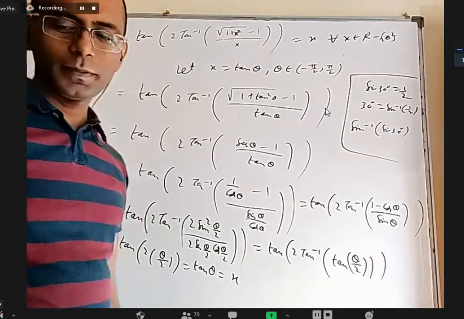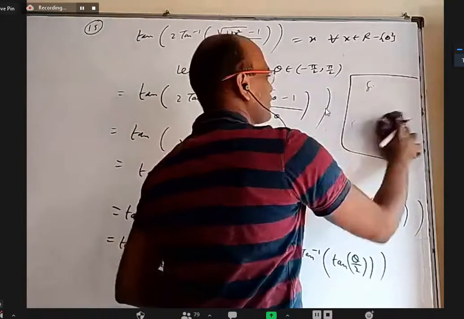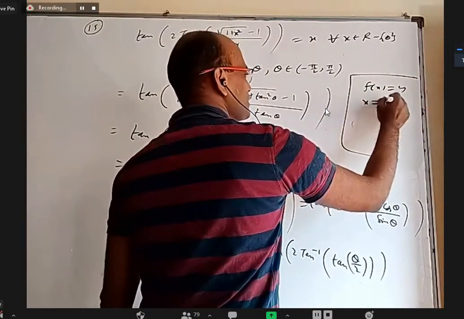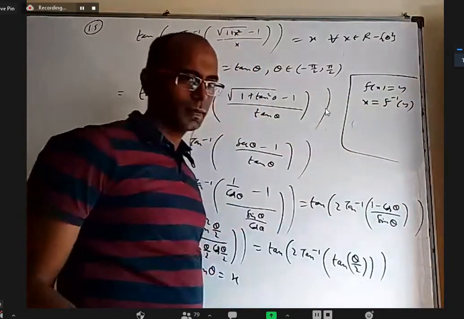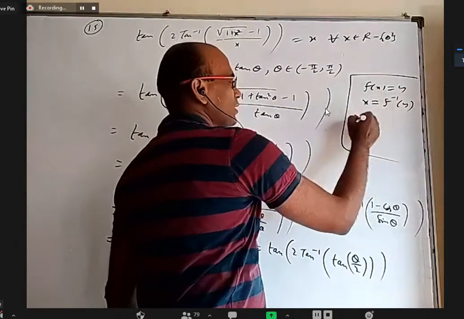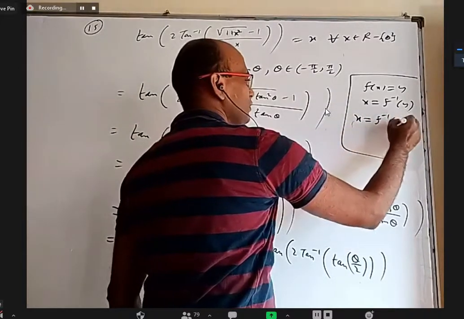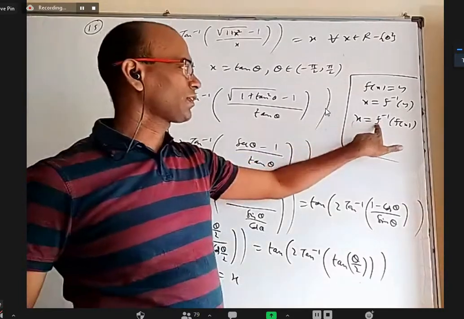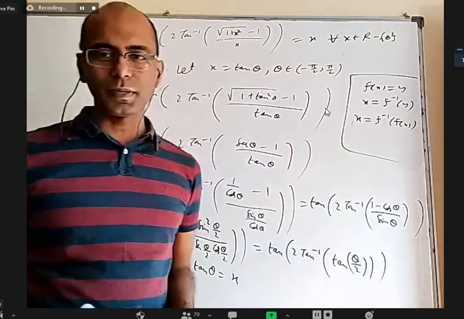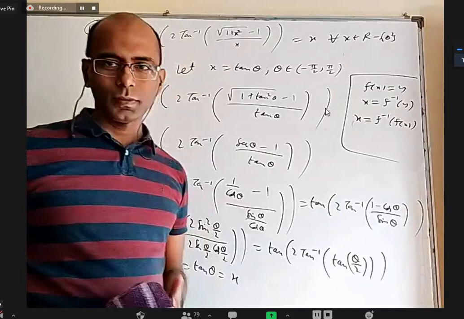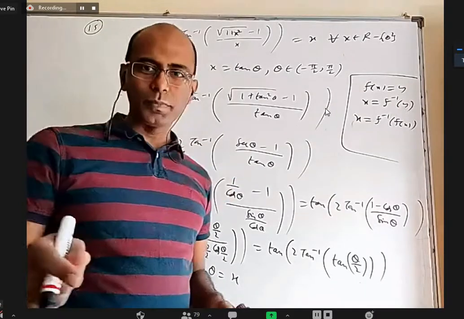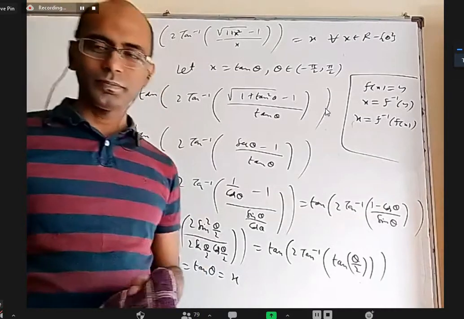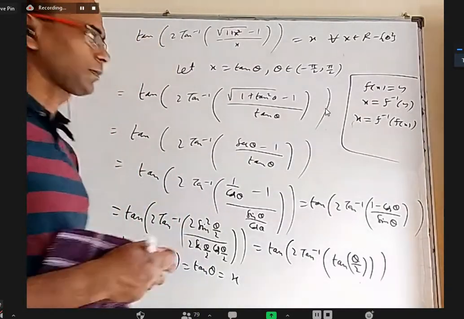Okay, 30 degrees. But forget about that. In the functions, if f of x is equal to y, x is equal to f inverse y. In the place of y, put this f of x back. x is equal to f inverse f of x. So it is as good as f inverse and f cancel. We say like that, but it is not that way. It is this way. Basically, you are finding the image of a number, and with the inverse function, you are finding the image of that. It will be the original number only, na? Yes, sir. Got it.